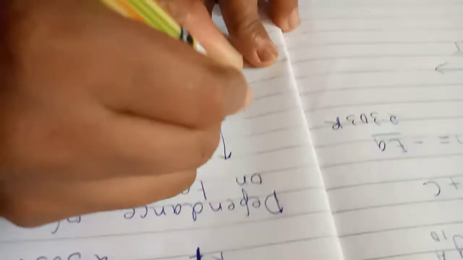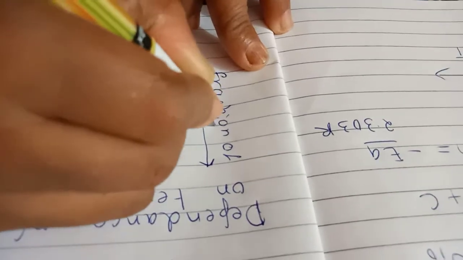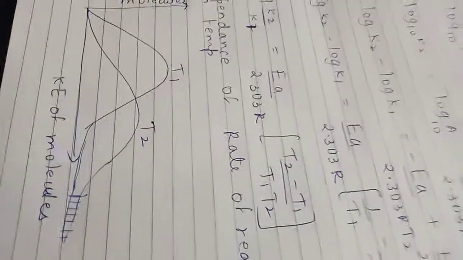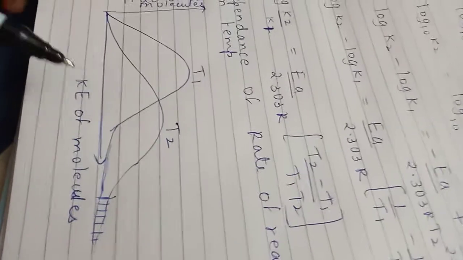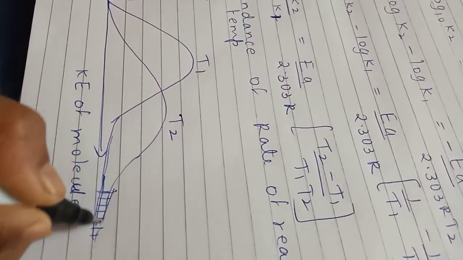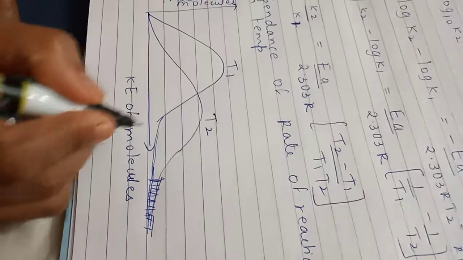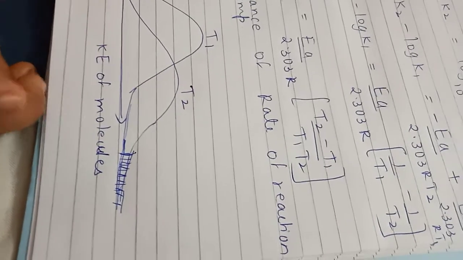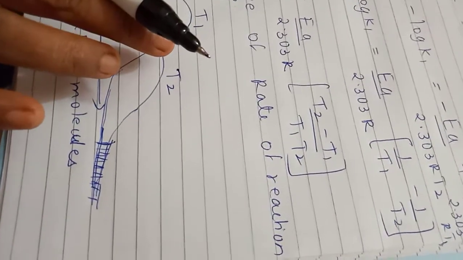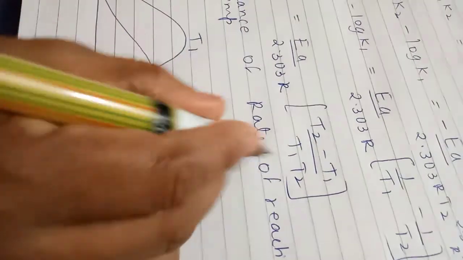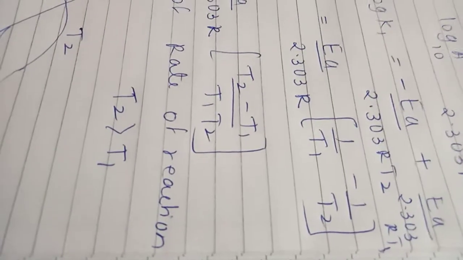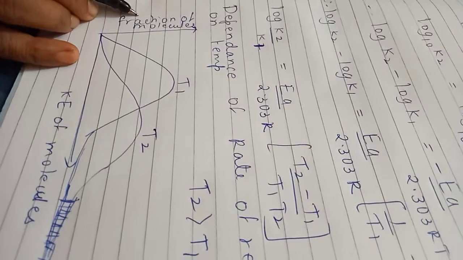This is the y-axis, which gives us the fraction of molecules. Concentrate, we are plotting a graph of kinetic energy of the reactant molecules at two different temperatures, and we are observing some typical overlapping of the graph in this particular region here. Now we observe that when we plot a graph of kinetic energy of the reacting molecules at two different temperatures T1 and T2, such that temperature T2 is greater than temperature T1, then we observe that the fraction of molecules possessing energy greater than the